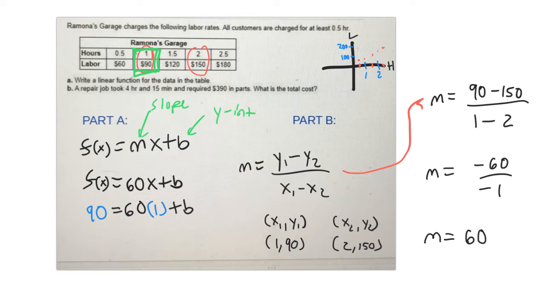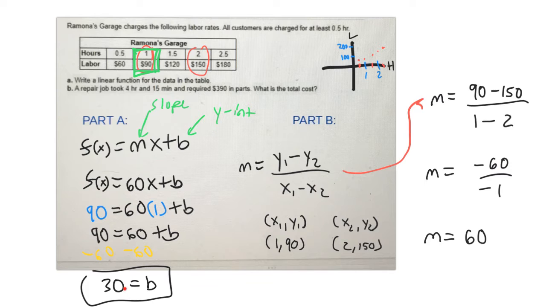Now, clearly 60 times 1 is just 60, so we have 90 equals 60 plus b. At that point, we're going to want to subtract 60 from both sides, and we end up with b equals 30. So we just found our y-intercept. We found our slope from before, and now we just found our y-intercept, which allows us to finally